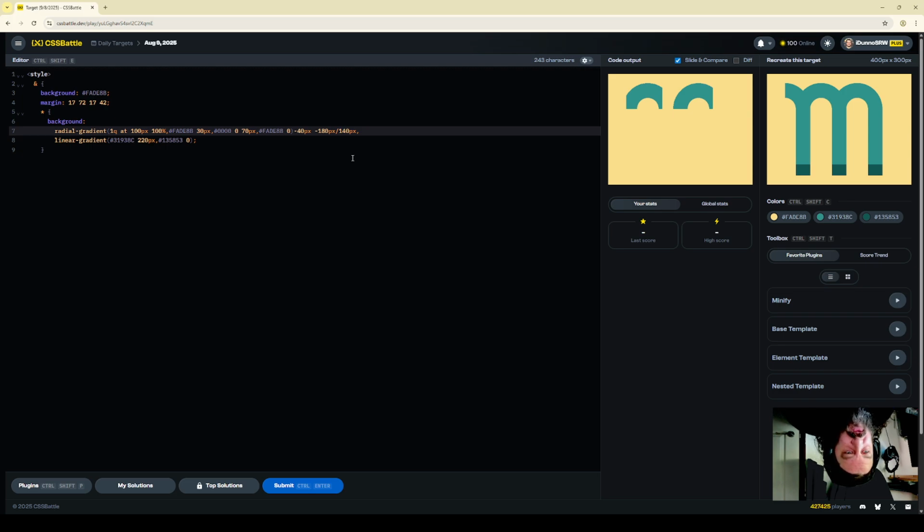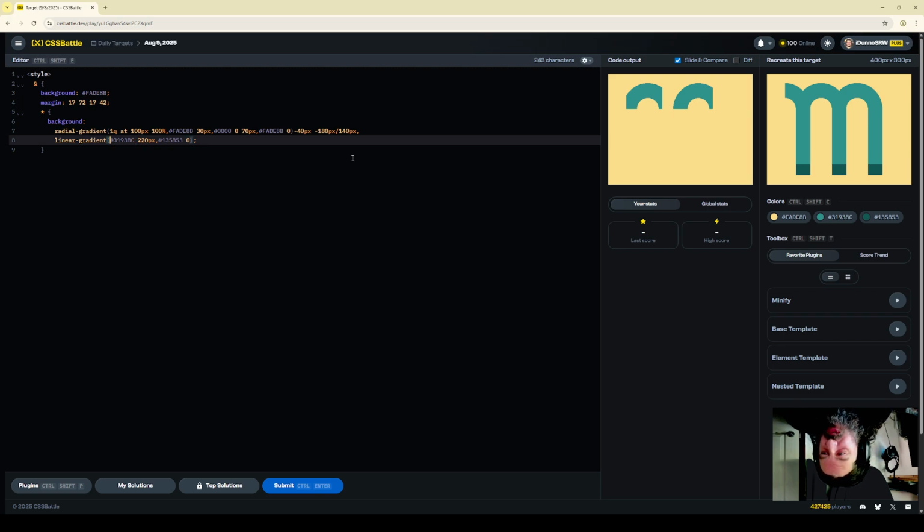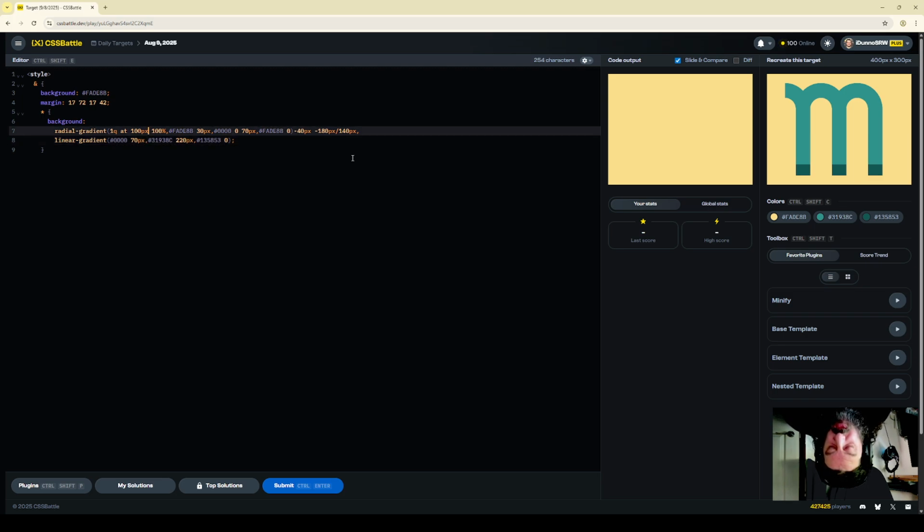So the problem here is that we really don't want it to do that. So actually, if we start this off with transparent for 70 pixels maybe, then we can change this to be